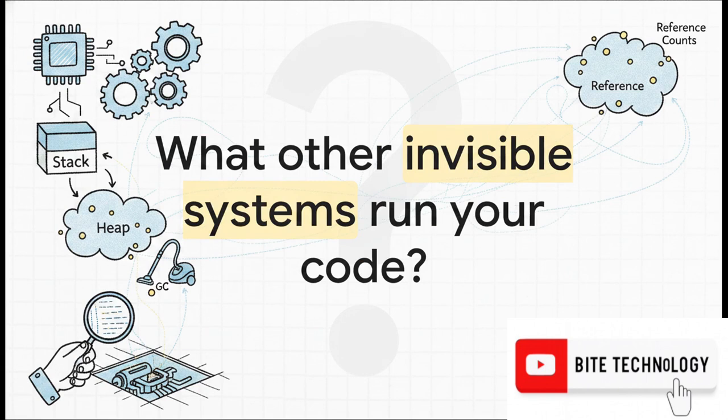So now that you've pierced the variable illusion, and you understand this highly choreographed dance between the stack, the heap, the reference counts, and the garbage collector, it kind of makes you wonder, right? What other invisible systems is Python hiding from you? Every time you write a single line of code, there is an entire universe of automated management working behind the scenes. Keep questioning how things work under the hood, and I promise you, you're going to